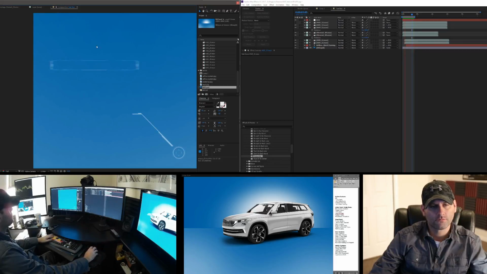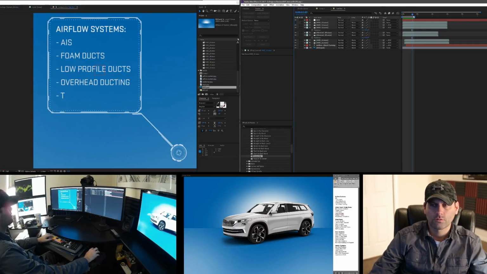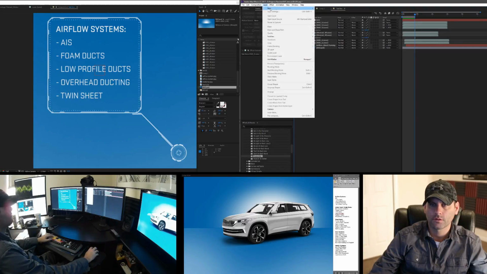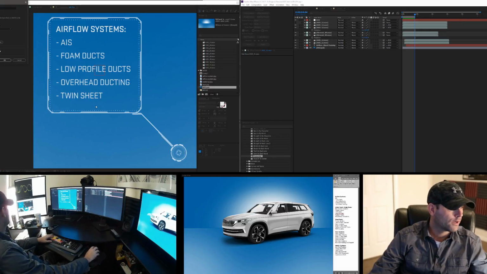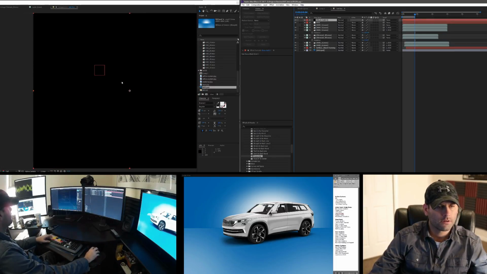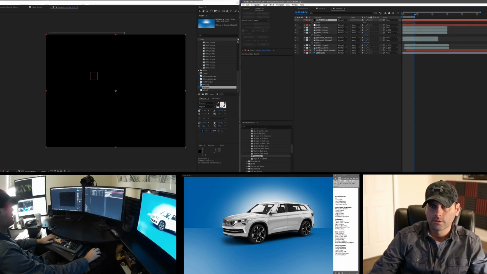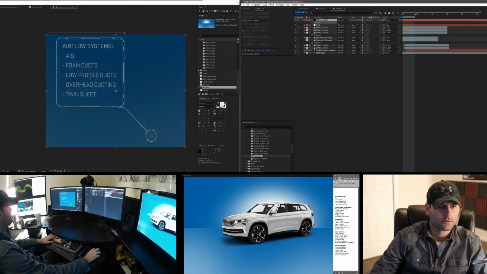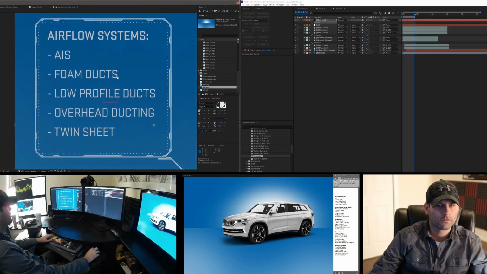Also, to make this more readable, I think that we should have a little bit of a transparent black behind this potentially. So let's quickly try to make that happen. What we can do is new, solid, black, hit alright, and then hit OK over here, and then boom, we got a black solid. Hit T for transparency or opacity. We're gonna turn down a little bit so we can see,